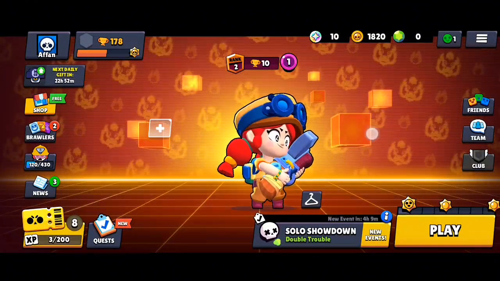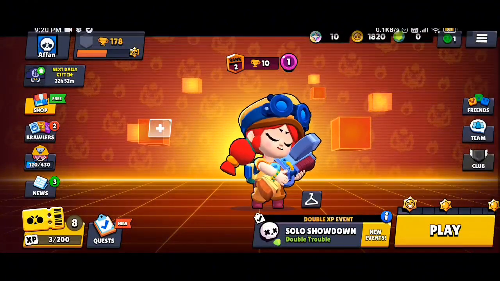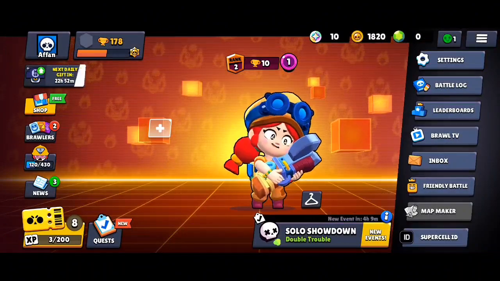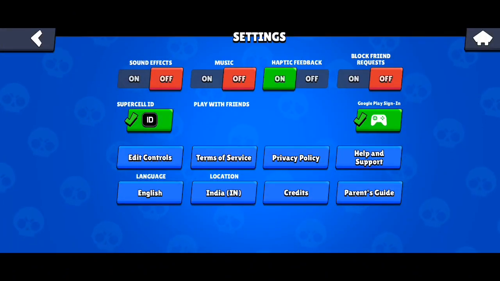So firstly you need to click on this hamburger menu here on the top right corner and then go to settings, and you will not be able to find a direct option to just click on delete. There is no such option. You need to go to help and support,